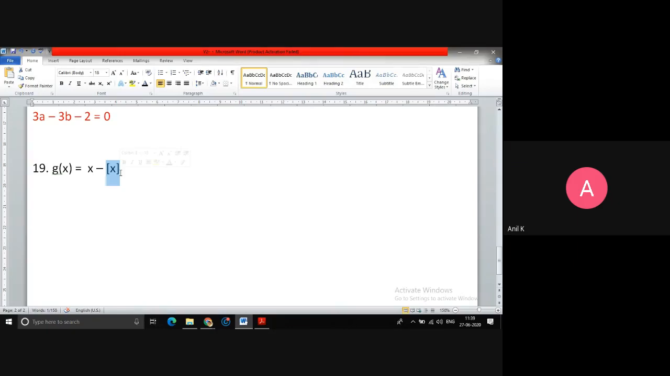From 1 to 2, it will take 1. So from 2 to 3, it will take 2. So step by step, the graph of the function is not continuous. After every integer, the graph breaks. If you want, you can see